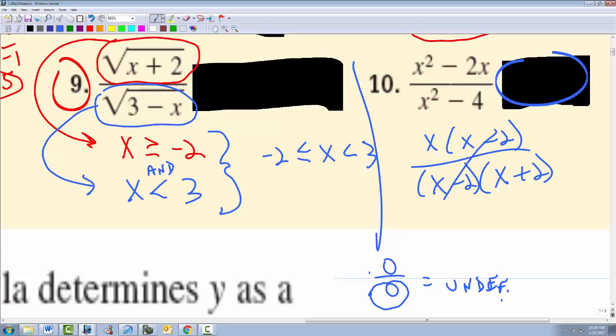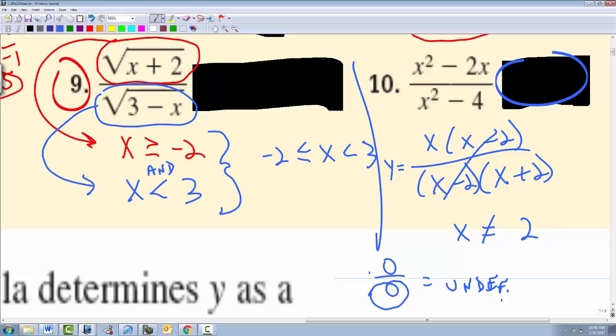So the reason I say that is, what happens when I plug in 2 for x? What's 2 minus 2? 0 times 2, because I plugged in 2 for x. 0 over 2 minus 2, which is 0 times 4. You get 0 over 0, which is still what? Undefined. So even though that cancels, this cannot equal 2. Doesn't matter. Then you'll remember, if I graph this, this is a